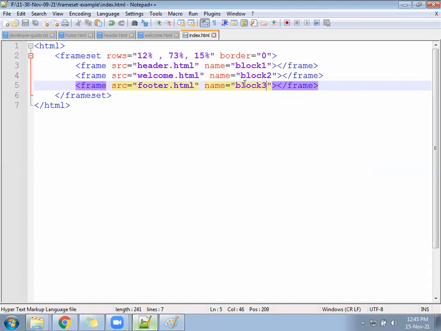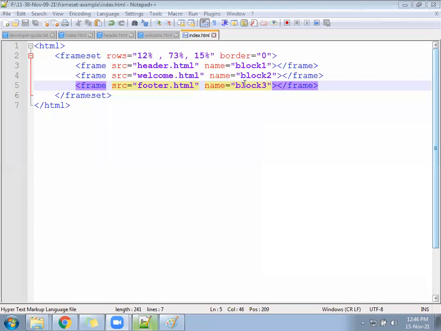It will become a long name, so let's write in a smaller way. Block 1, block 2, block 3.